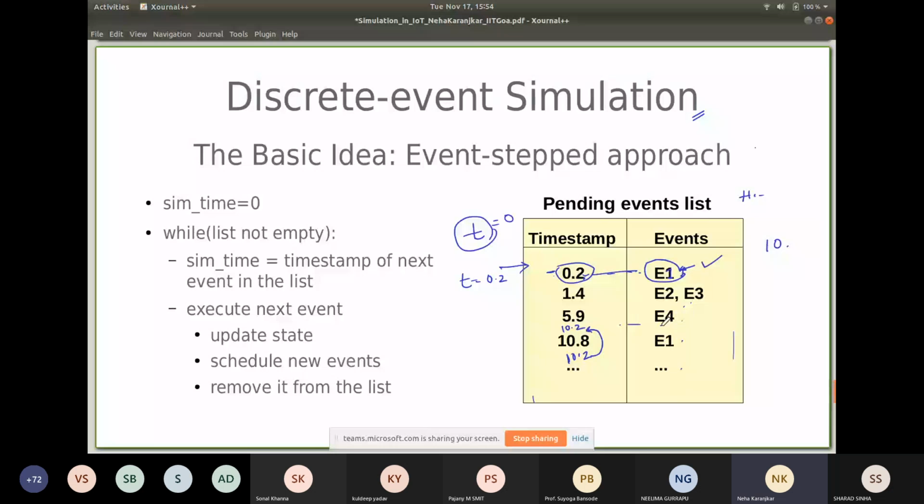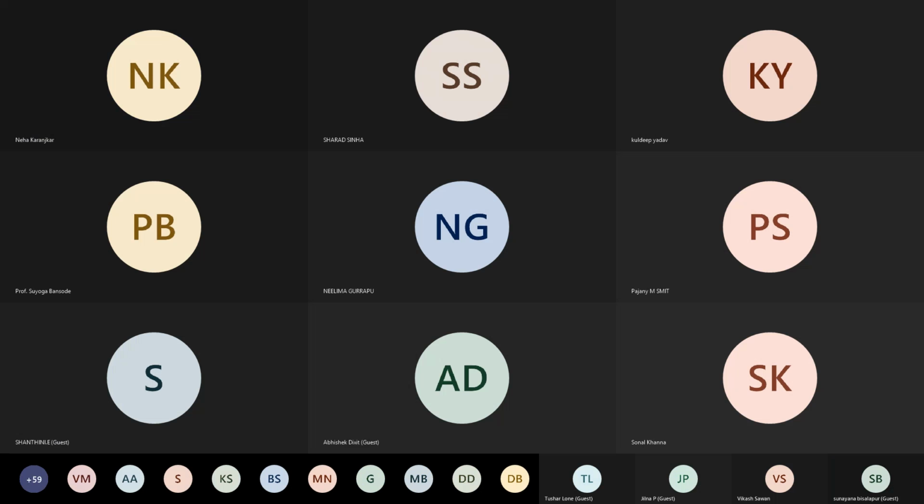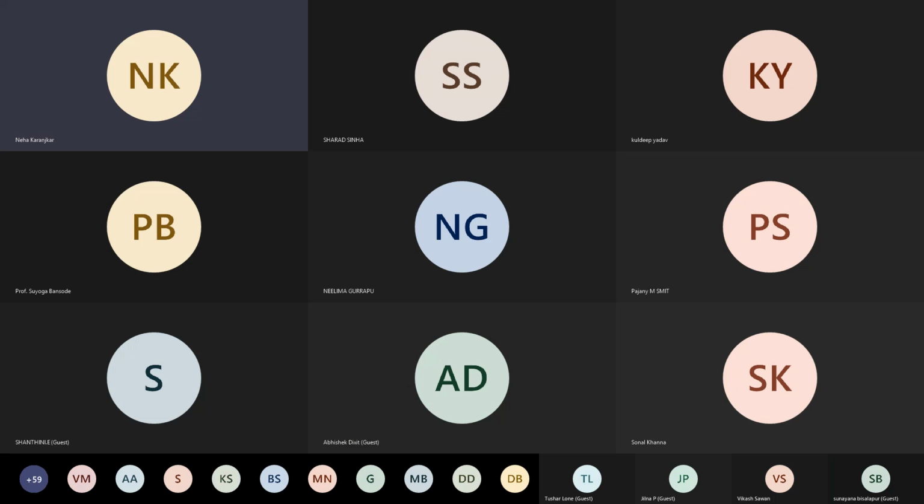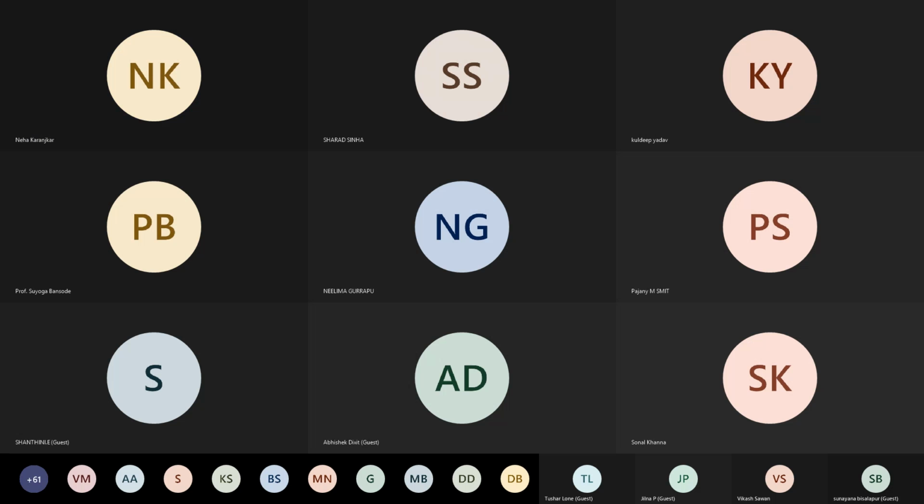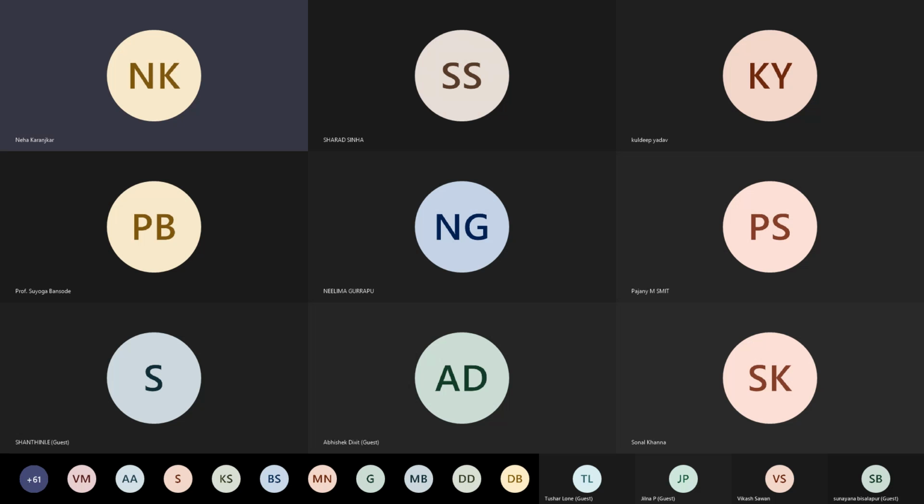And one event can change the state of the system, and an event can cause other events to be inserted in the queue. So this is called discrete event simulation, and that's what is used in SimPy. Essentially we model the behavior of the system using a function. Let's say a temperature sensor node, we model it as a function which becomes a process in SimPy, and that corresponds to when we start this,